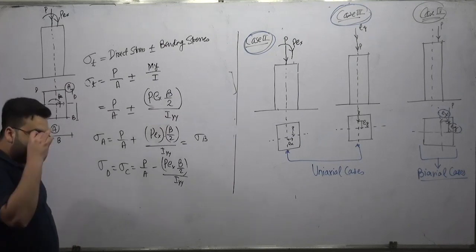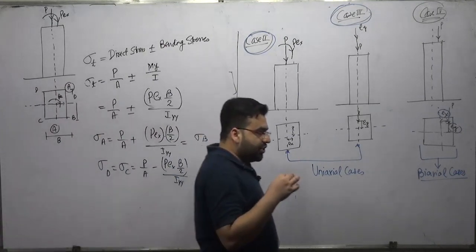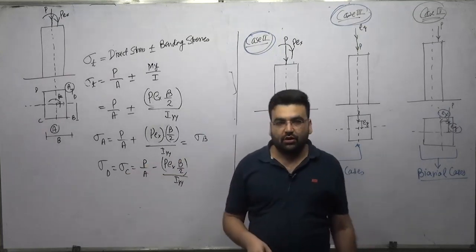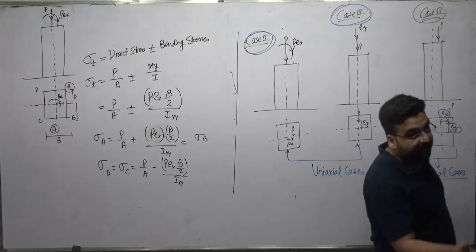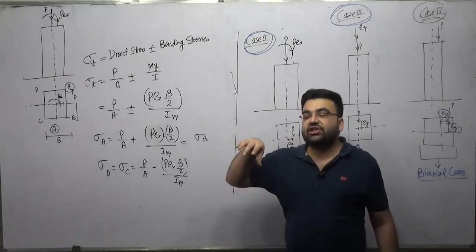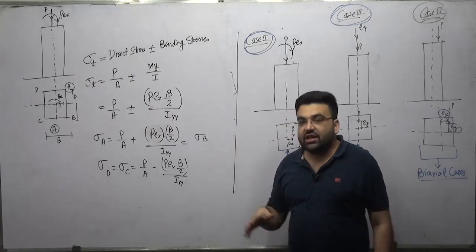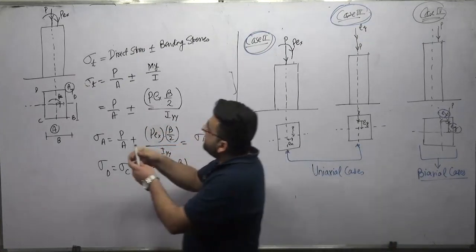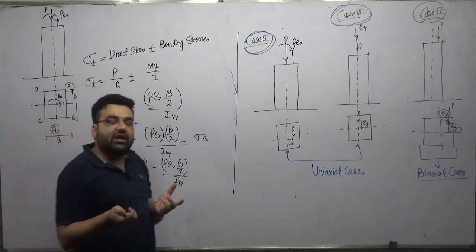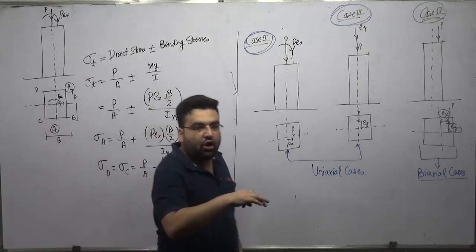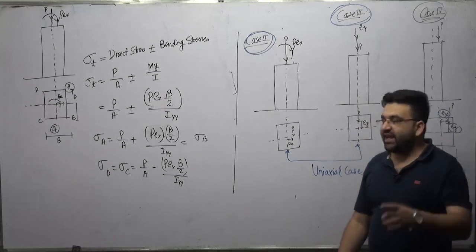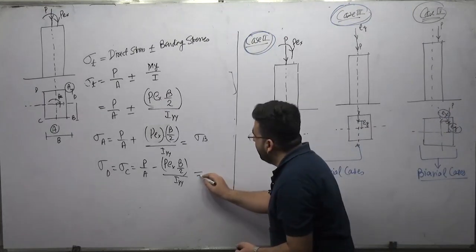The question is, sir, we are getting some negative. Can this value be 0 also? My answer would be yes. This value can be 0 also, because if the eccentricity is so much that it is creating a lot of bending stresses, this side of the column might also get lifted. What does 0 mean? 0 means that there is no contact between the column and the surface. It has actually lifted. Can I determine that value? Yes, I can determine that value. Just put it equal to 0.